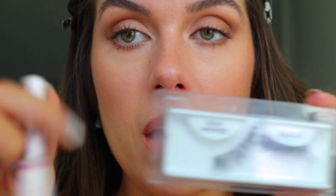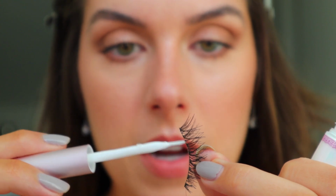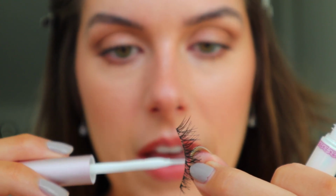Okay, so for lashes, I'm using the Demi Wispies from Ardell and the House of Lashes adhesive. This is the clear adhesive. Oh my God, I'm so nervous. I don't know why, but I just am so nervous. I literally only wear lashes on like Halloween. I'm not kidding. Let it sit, a pretty thin layer, and let it sit for like 30 seconds to a